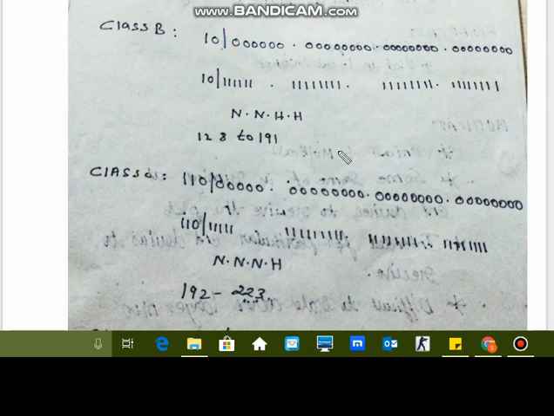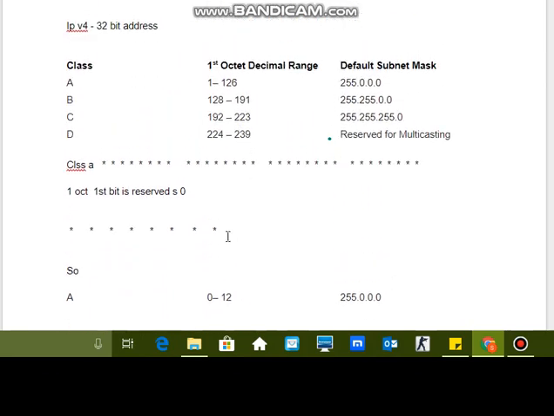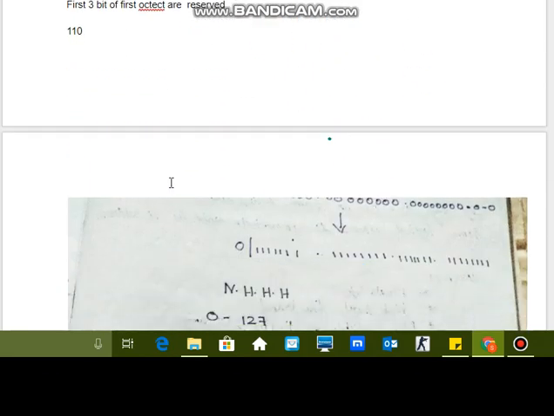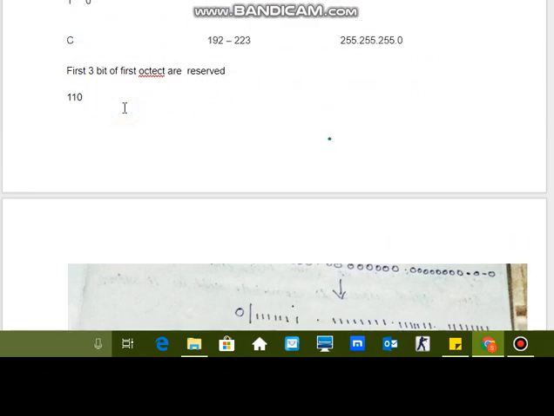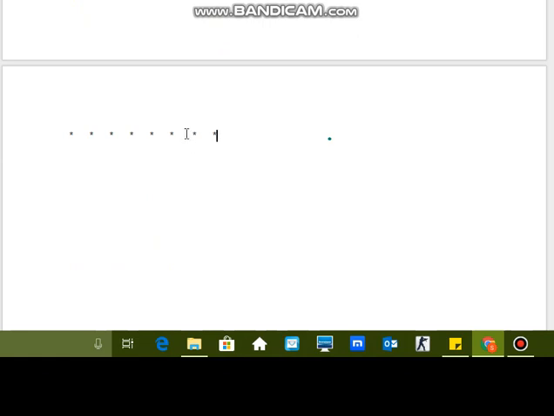Similarly, for class C, if you take the class C address, the first 3 bits of the first octet are reserved. Let's assume this is the first octet of class C. So these 3 are reserved. One is